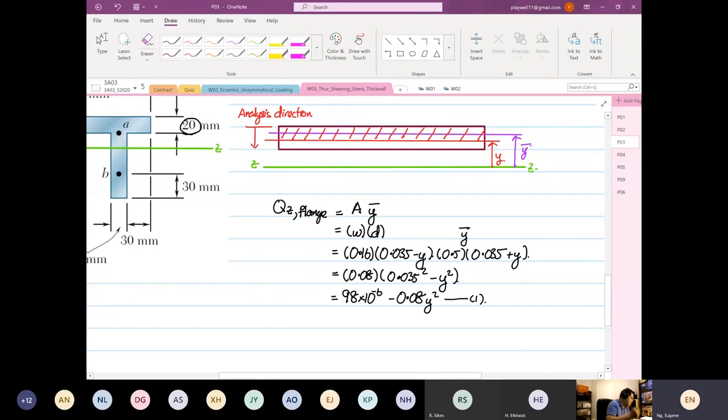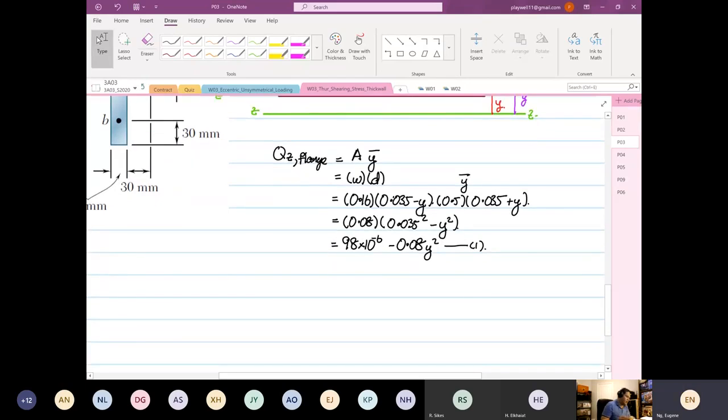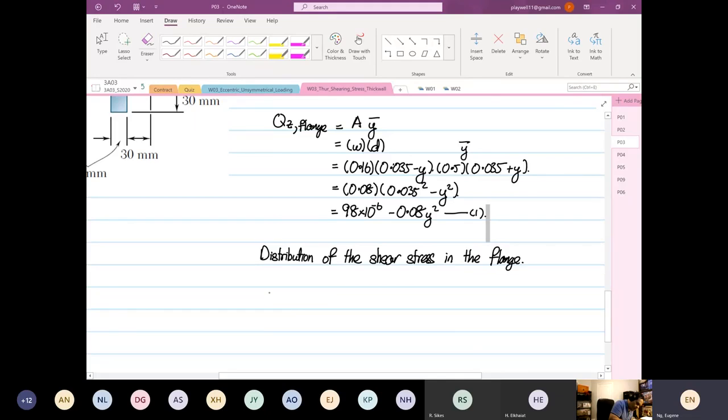Okay. So from here, we can find the shear stress distribution. Okay, we can find the distribution of the shear stress in the flange. Okay, so we now know that shear xy of the flange. So this will be equal